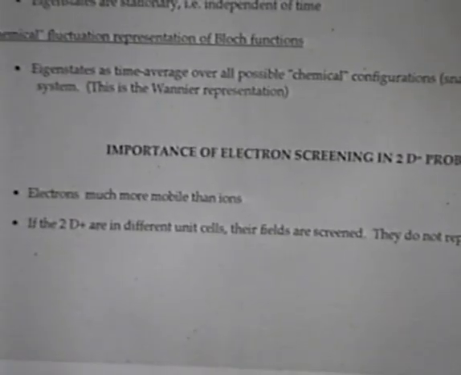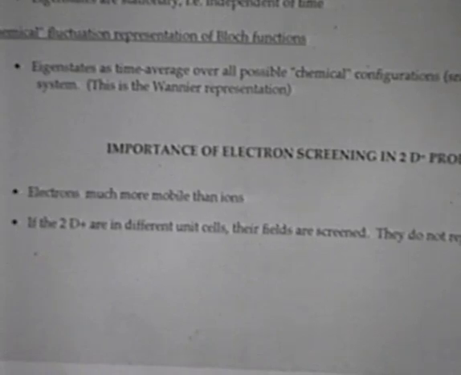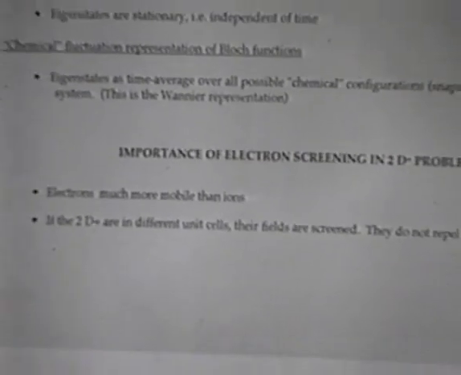But many people do not like to think of the particles in this way, and you can expand these Bloch functions into Wannier states, which give you a chemical picture, basically a sequence of snapshots of the system where whole ions are distributed at random in the various unit cells of the crystal. The stationary state then is an average over all of these chemical states. Now that's one important fact. The other important fact is that when we're dealing with a metal or metal deuteride, electron screening is present.